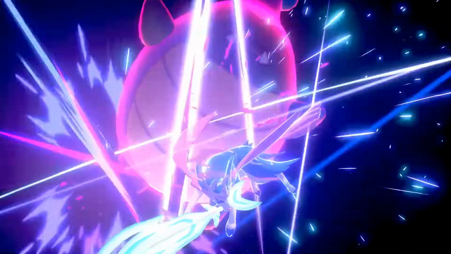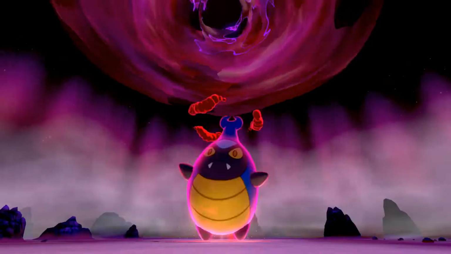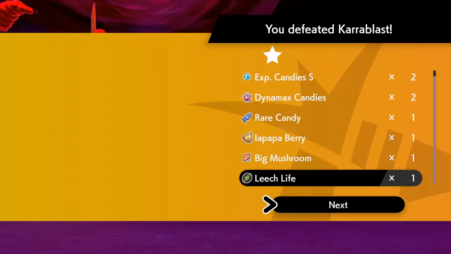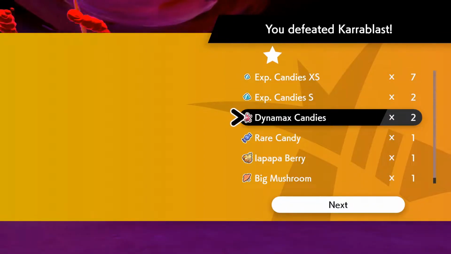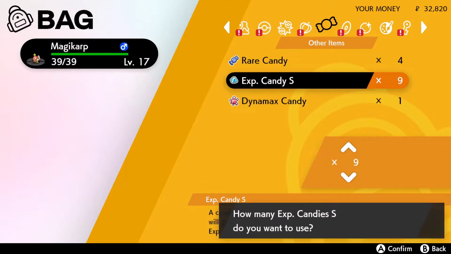In between this episode and the last episode, I used Magikarp in a few max raid battles in order to collect some candies which I could use to increase the Dynamax level and overall level of my Magikarp so that it would be more usable for the next part of the game. As you can see here, I fed it some Dynamax candies and some XP candies to increase its stats and